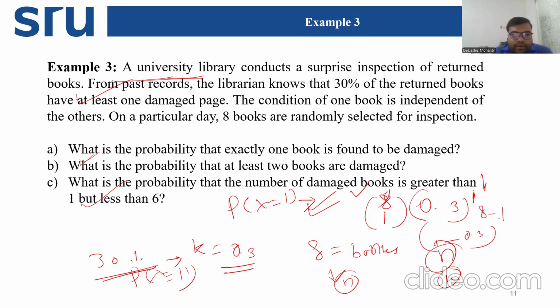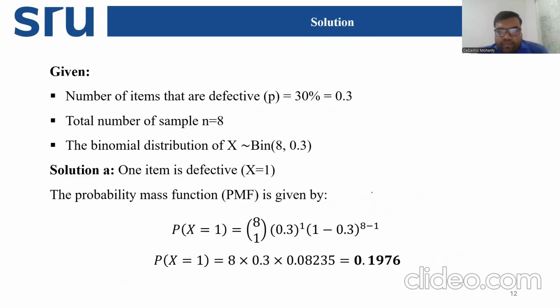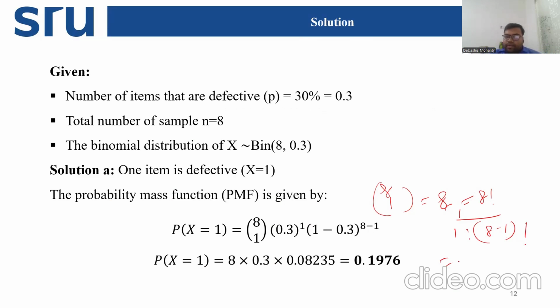So 8C1 is 8 factorial divided by 1 factorial times (8 minus 1) factorial, which equals 8. Next, 0.3 to the power 1, that's 0.3, then multiplied by